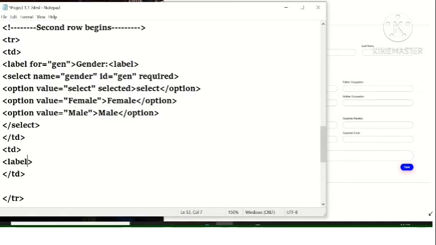Now for the second element or the second field in this particular row, we are adding the label for date of birth equals DOB. Now whenever we give the input type in the second line, we will give the ID equals DOB. This is where the ID comes into play.